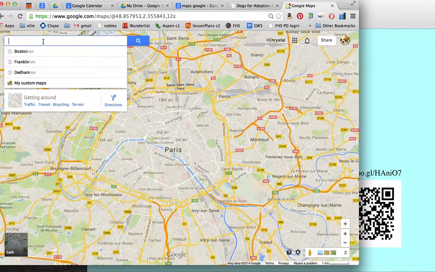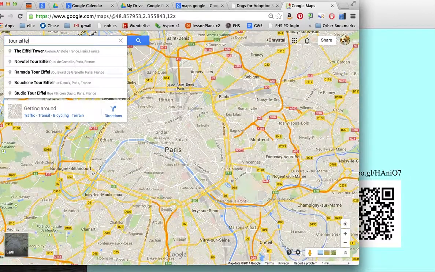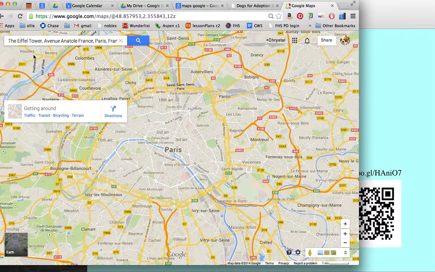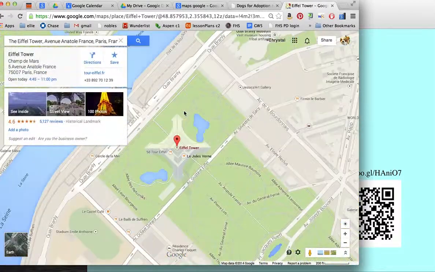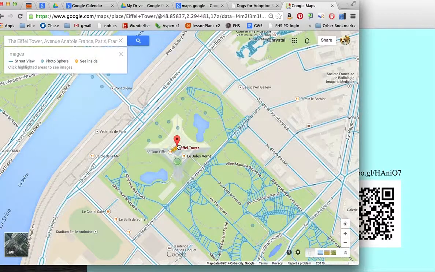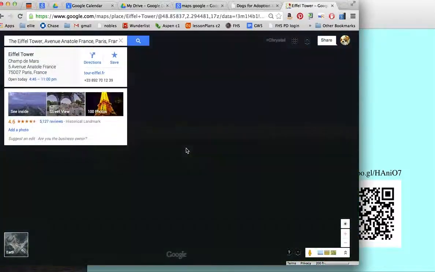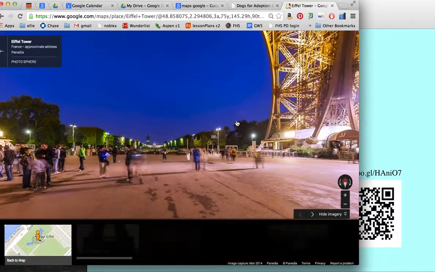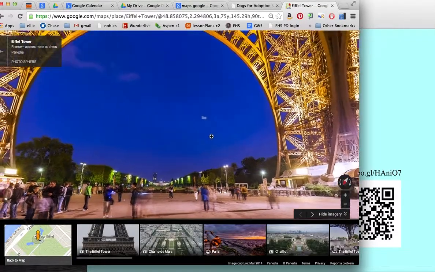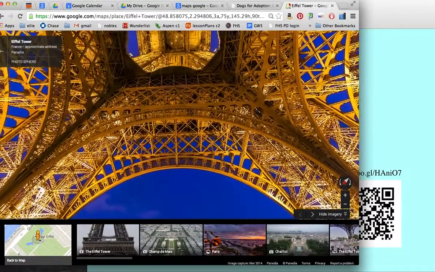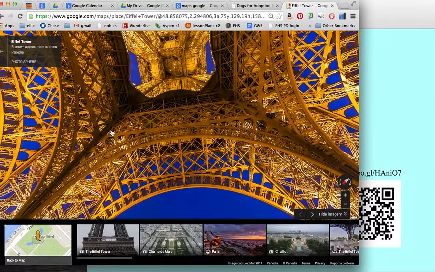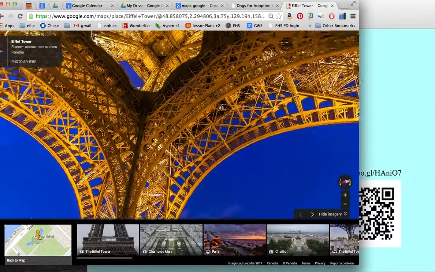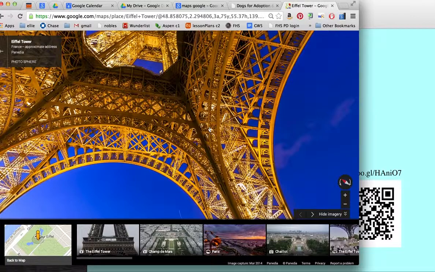But maybe I want to be, for example, on the Eiffel Tower. It'll take me to the Eiffel Tower and what's around it, and maybe I want to view it from the bottom, for example. So this is a good option because now I can scroll around and look up into the Eiffel Tower, and this is what it looks like. So for someone that doesn't travel very often, that's a cool way for them to take a look at what